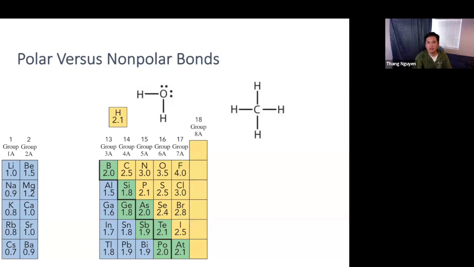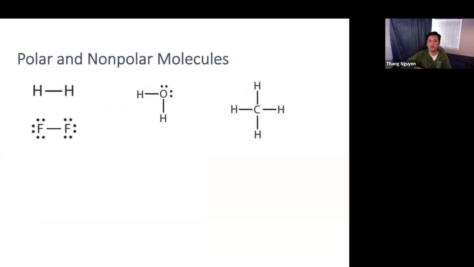All right, so now the next concept is that if you have polar bonds and non-polar bonds, you can then lead into the molecule being polar or non-polar. The first case is if you have non-polar bonds only, then the whole molecule is considered a non-polar molecule. So for that whole molecule, there are no positive or negative ends. For example, these two, right? And then these two, and then this molecule too, methane, has only non-polar bonds,